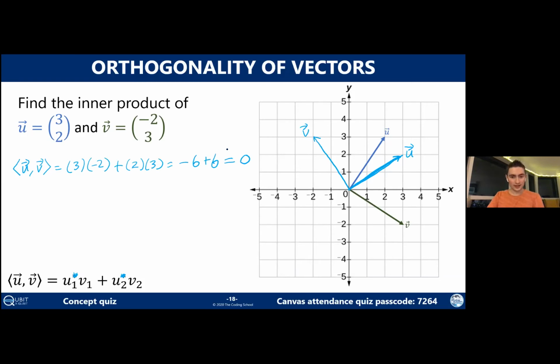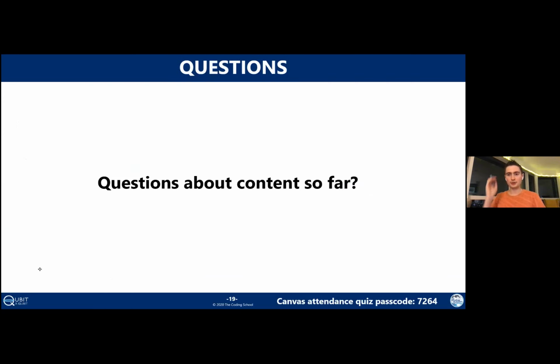So this is one example of what the inner product tells you. If the inner product of two vectors is 0, that means that they are orthogonal, which just means that there's a right angle between them. So you might have already even seen that in the picture. But yeah, if you ever get an inner product of 0, that means that the two vectors make a right angle with each other. Okay, so hopefully the computation, at least, of inner product is clear, even if the interpretation is not so much yet. Does anybody have questions about inner product or how we did anything there?